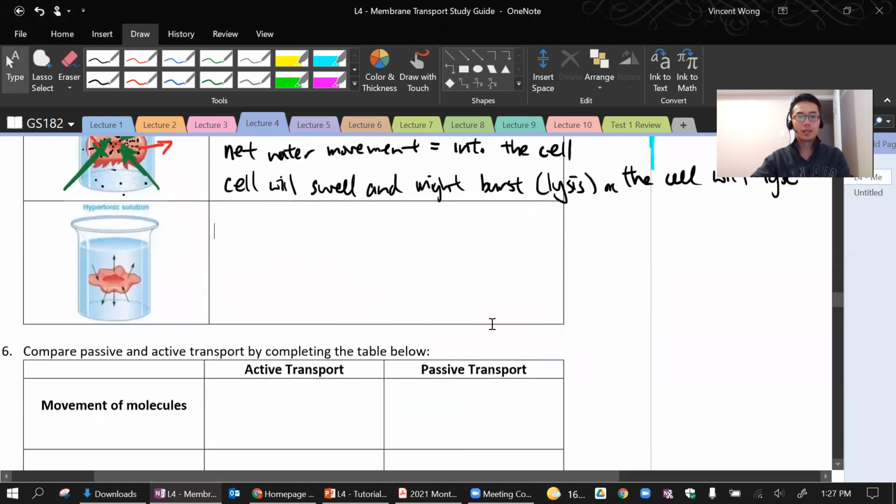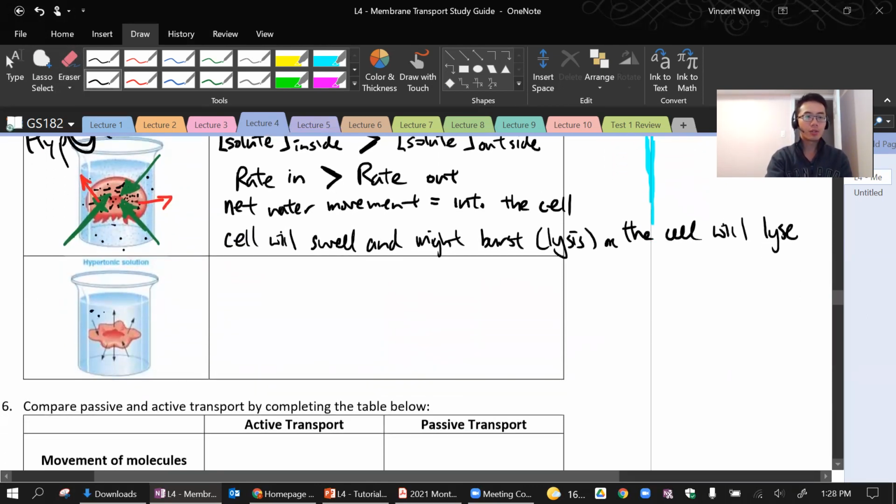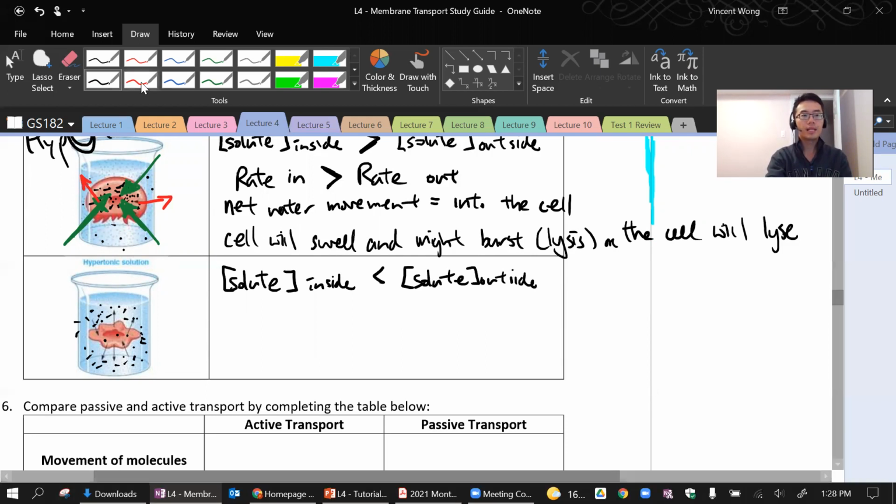Okay, thank you. Next, we have hypertonic. Like I probably mentioned already, with hypotonic you see the big O here, that's how you can remember. Hypo means the cell swells up and it's going to go kaboom. Hypertonic is the opposite. You have all the dots, all the solids, outside. You have some inside, but not as much. So solute concentration inside is less than solute concentration outside. As such, you will have more water leaving